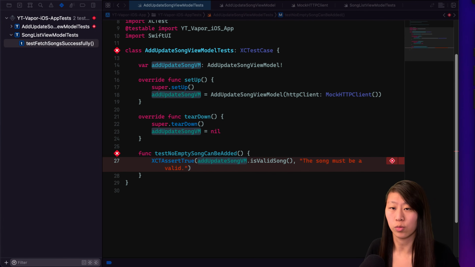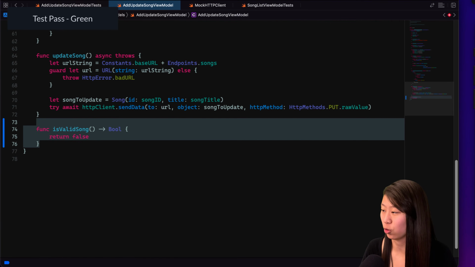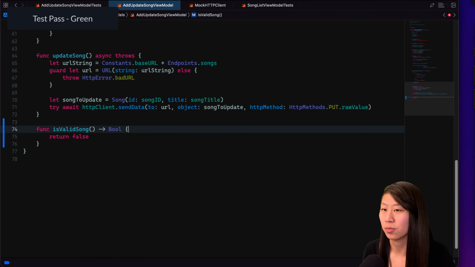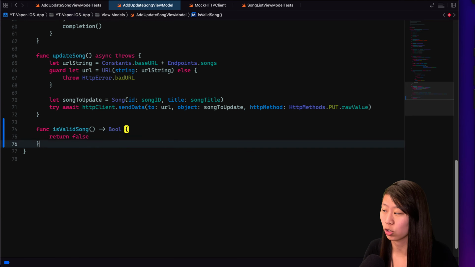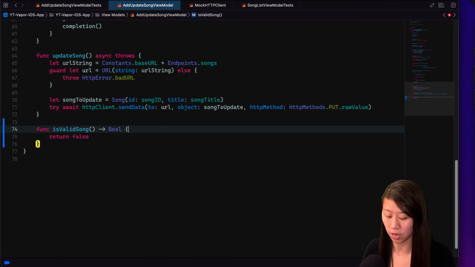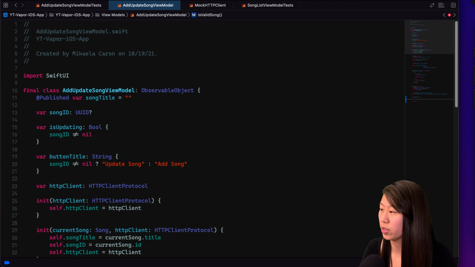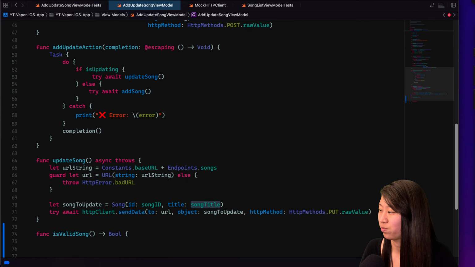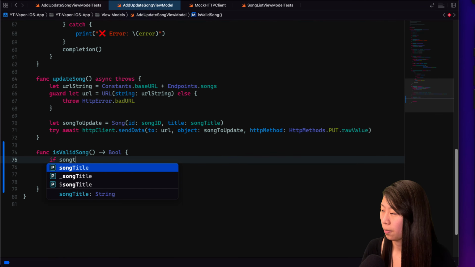Let's go into that part, which would be the green, where we make our test pass. So let's actually write our function. So we want to make sure that our song title is not empty before we actually go about adding it. So we're just writing the function part right here. So we have song title declared way up at the top here as a published variable, and it's just a normal string. So we want to say if song title